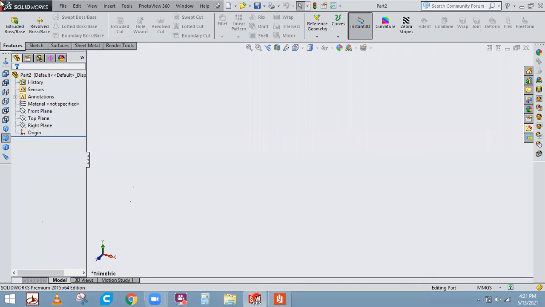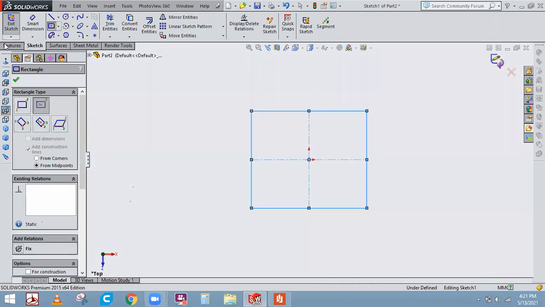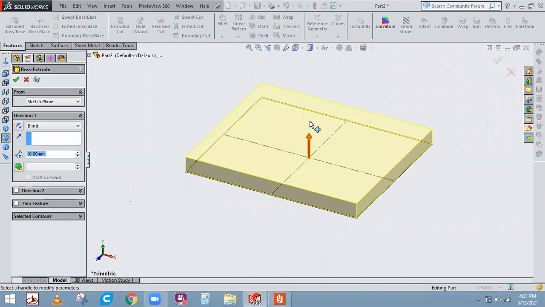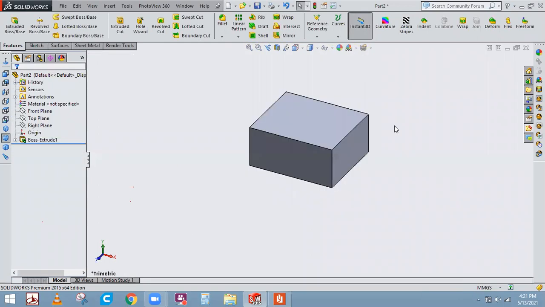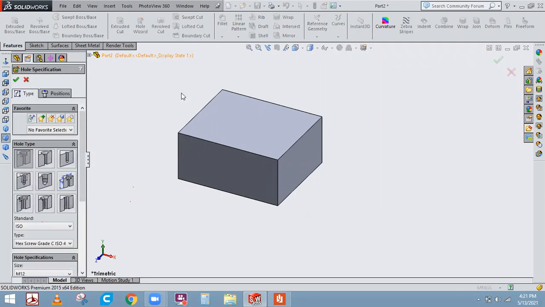Now we'll move on to this. I've skipped this Hole Wizard. I'll explain what this Hole Wizard is. It is the easiest thing. Hole Wizard is a common tool which is used to create holes, okay? I'll have one rectangular box. Now just select this Hole Wizard. Just place or select the flat surface where you want to create a hole. For example, I'll select this face.